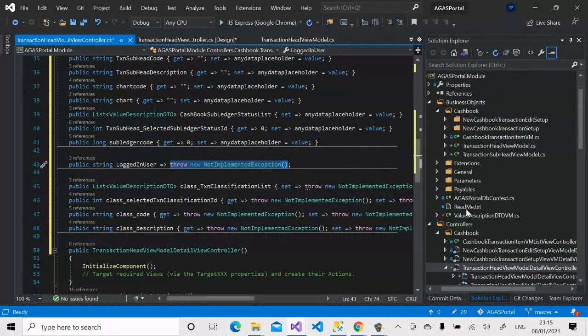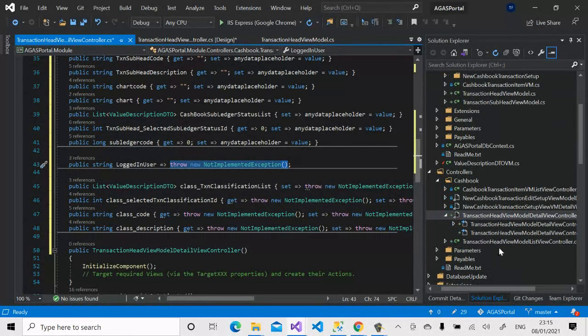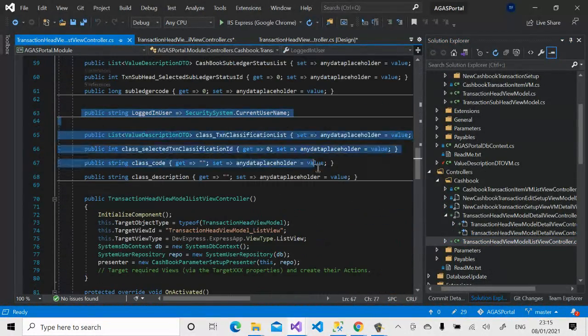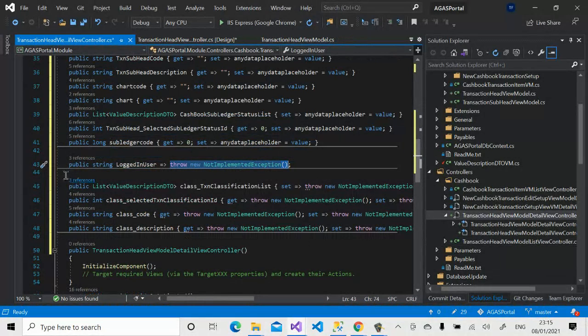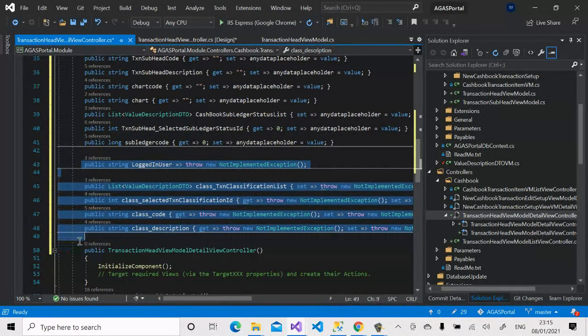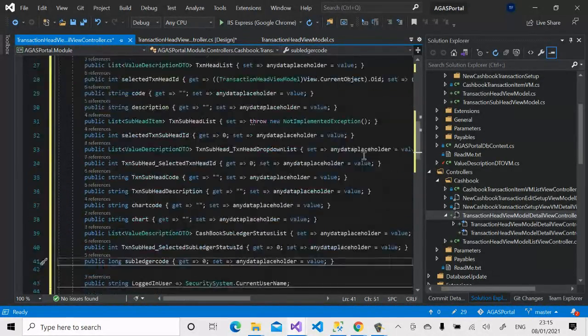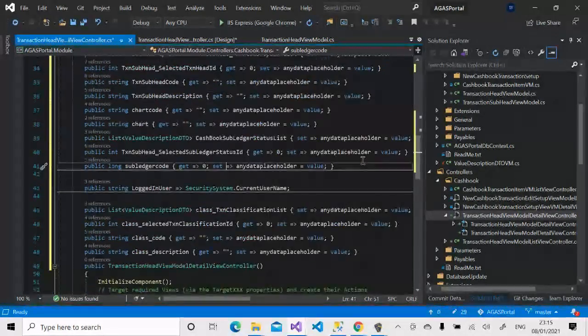So I can even copy, I think the shortcut is to copy this. Yeah, and move faster now. I can copy it because it's the same interface that was implemented in the previous video. So